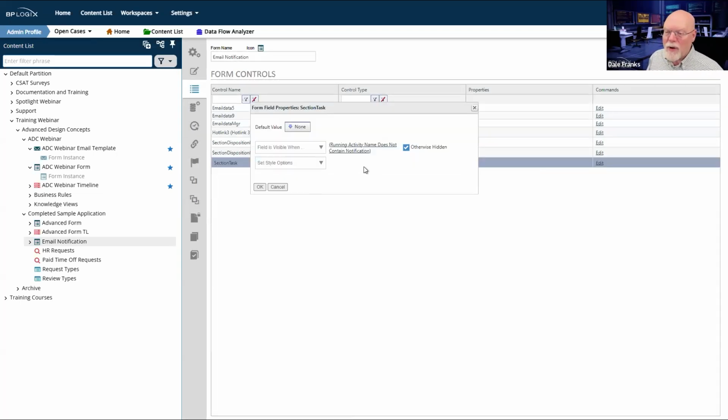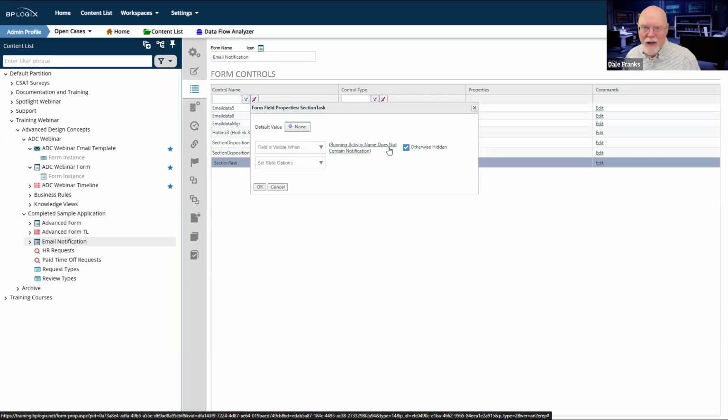Again, I'm not sure if you see that, so we'll open this up to make it a little more visible. Okay, great. So basically, this is going to be the most likely email to show up. It's going to show up in both of my approval tasks because those approval tasks, the activity name does not contain notification.